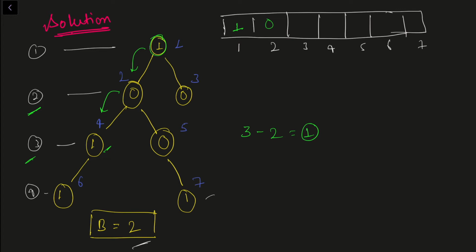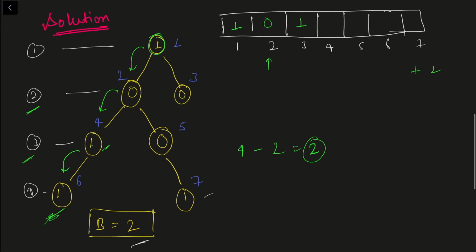Okay, now I'll move on to the child of 4, but before moving on to the child of 4, I'll again update that at level 3 right now we have a value 1. Okay, now we are moving to the node number 6, or the node at the 4th level. So for this I need to access 4 minus 2, that is the second node. We'll see that at second level we have 0 and currently we have 1. Okay, since we have 1 here and we have 0 here, I'll add 1 to the answer because I need different values. Now after this I'll update my level array. I'll say that at 4th level we have a value of 1.